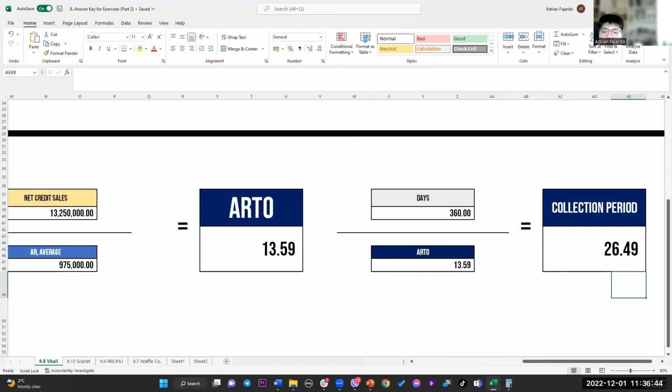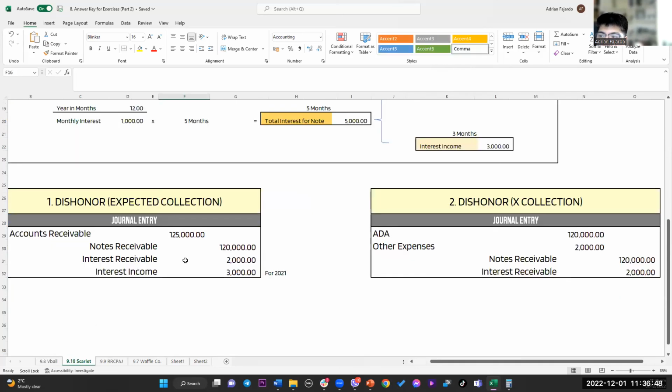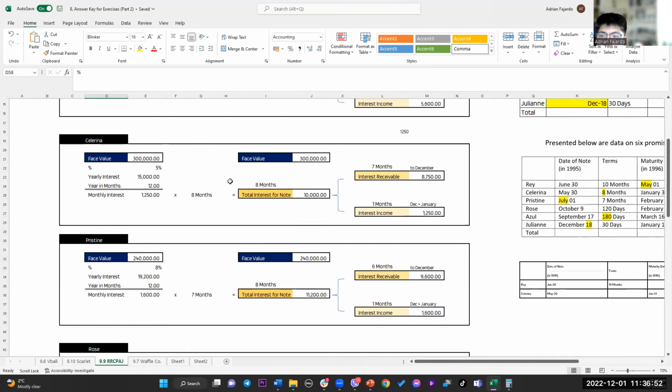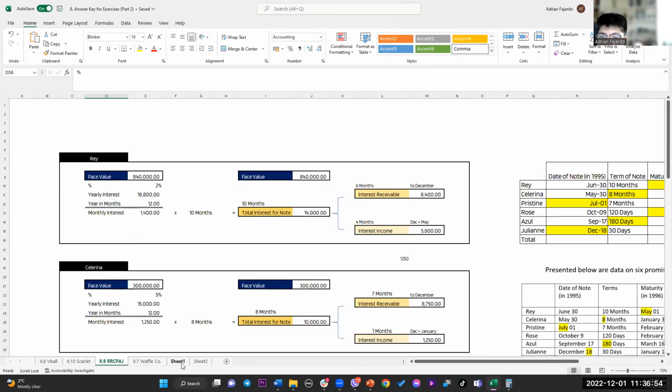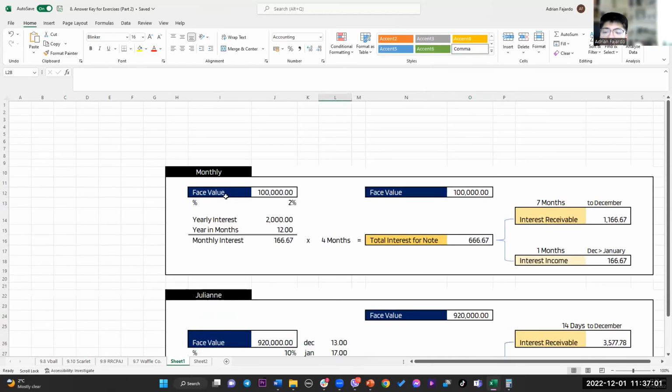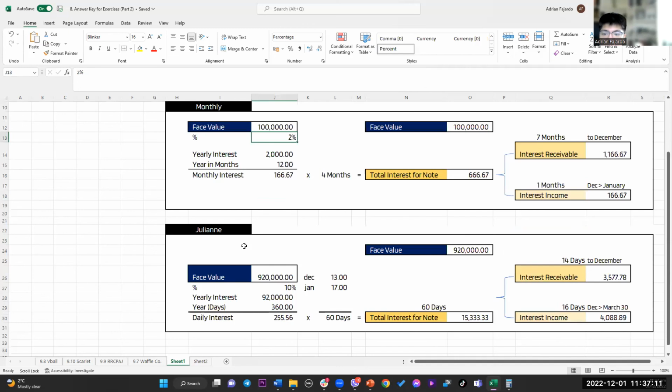So that ends our AR exercises. Don't worry, I will give you this Excel sheet. And since I give you this Excel sheet, you'll also get the templates I use in order to solve. Again, please don't be overly reliant on this. Kindly let me know kung may mali sa formulas, but I will leave it up to you to double check kung tama siya